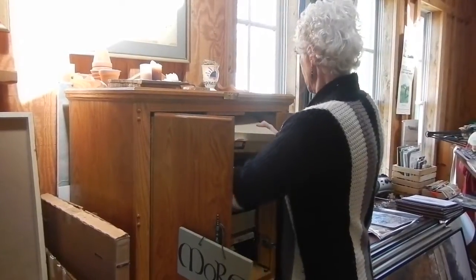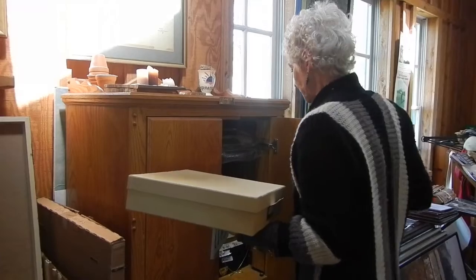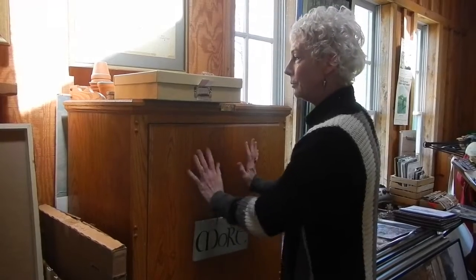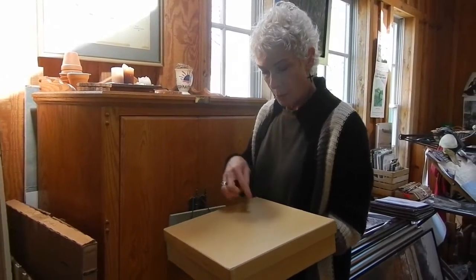I have many of the series that I've worked on over the years put in this cabinet that my father made. So, very special to me also. Now I have different sizes with the Clothesline series, but I wanted to share with you all some of these